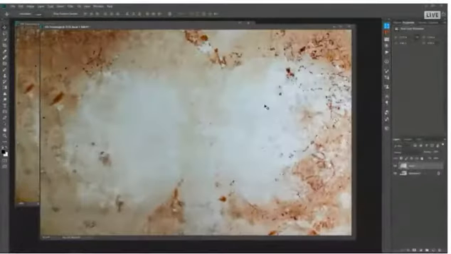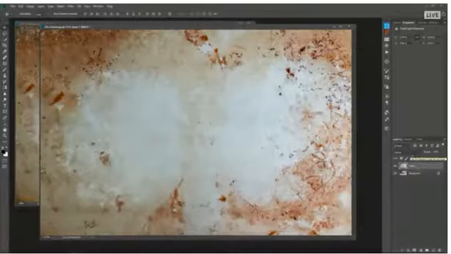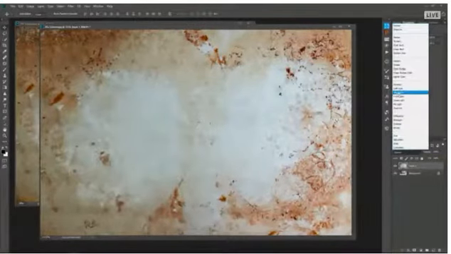So we're just going to press V for the move tool. We're going to click and move this over the top. And this is just like we're working with cloud replacements or sky replacements, right? But now we're doing it with textures. So traditionally, you might have seen people use textures with blend modes. A good blend mode to use, one of my favorite go-to blend modes when I'm doing texture work, is soft